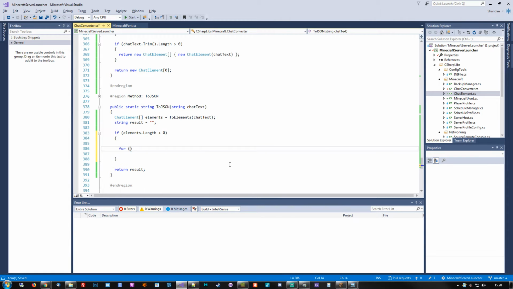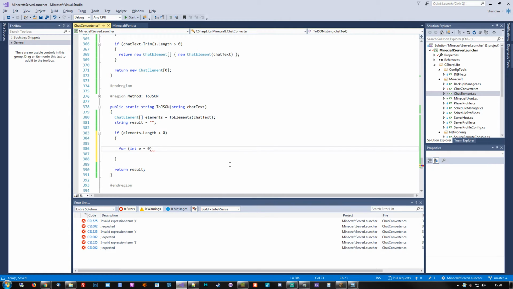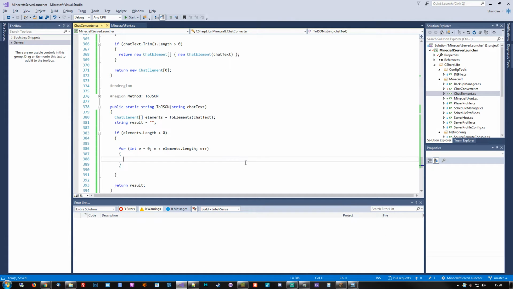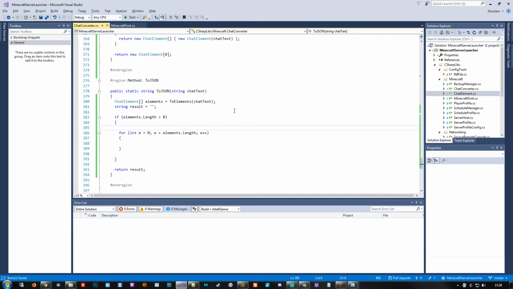And to do so, we need to loop through them. Length, and there we go. Alright, so we know for a fact that whenever we start building this array of chat elements, we always start out with